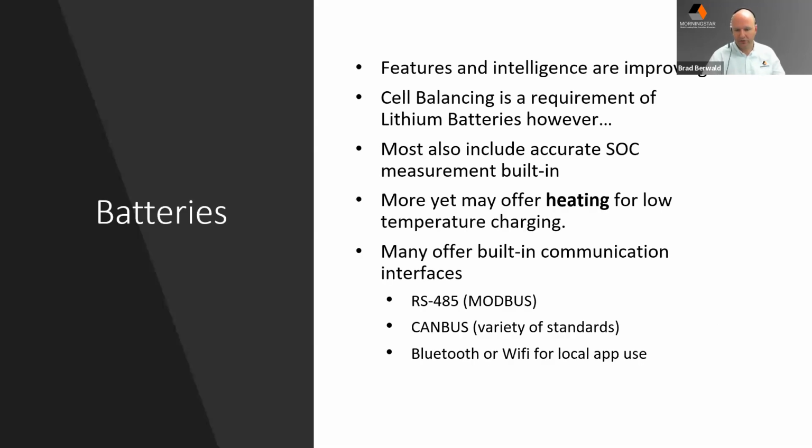So when you're looking at some of that battery information, here are some other things you want to take into account. First of all, the features and the intelligence of batteries are improving very much. They all generally have cell balancing, both top and bottom balancing of the cells, and they have temperature monitoring, but they don't always have the ability to communicate that data. And what you're seeing more and more is that they do have the benefits of an open CAN link or even wireless connectivity, even Bluetooth in some of these batteries.